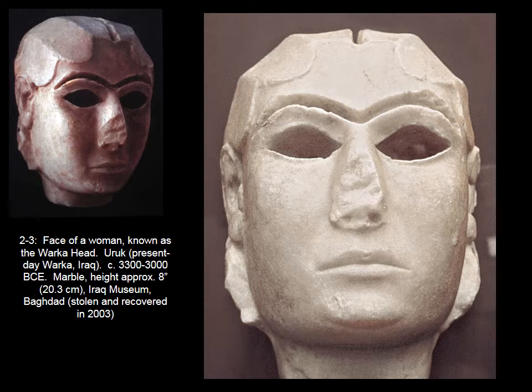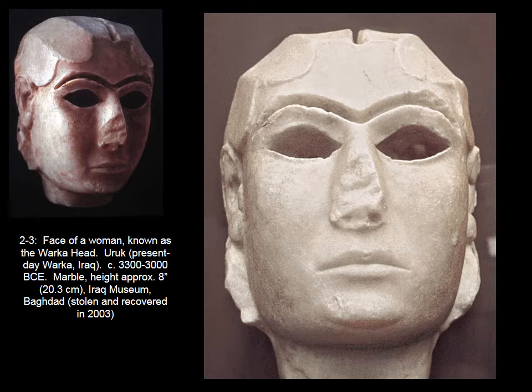That whatever material it was made out of, the eyebrows, the eyes, the hair, was either more perishable than stone, so it didn't survive while the stone head did, or was more valuable than stone, which is the more likely presumption. Whatever this was made out of was more valuable than stone. So the Sumerians are making here a composite object. It's a stone face. Probably it would have been painted in its own time to look more lifelike. But the eyes were probably inset with gems, something precious. The eyebrows perhaps with lapis lazuli, which is a very expensive bright blue stone, like a cobalt blue stone that was imported from